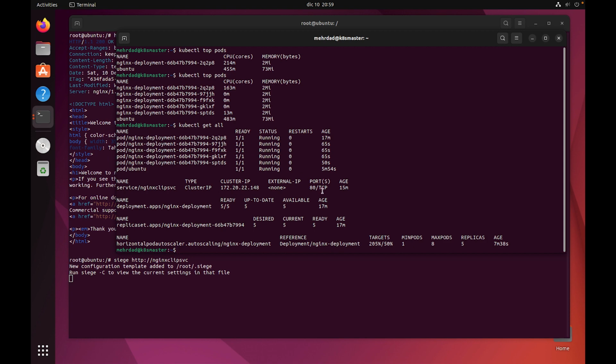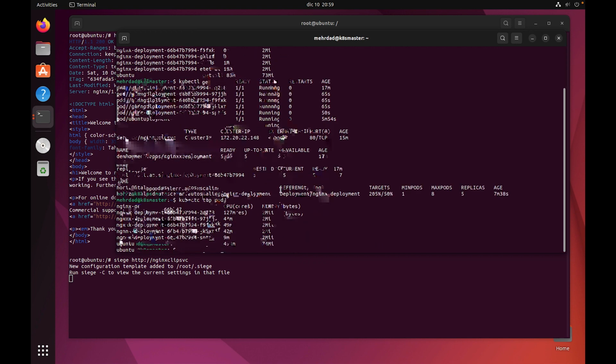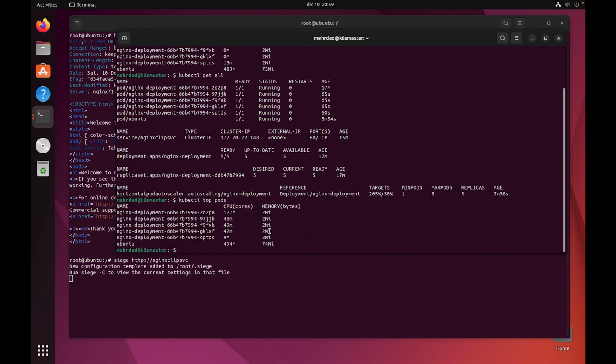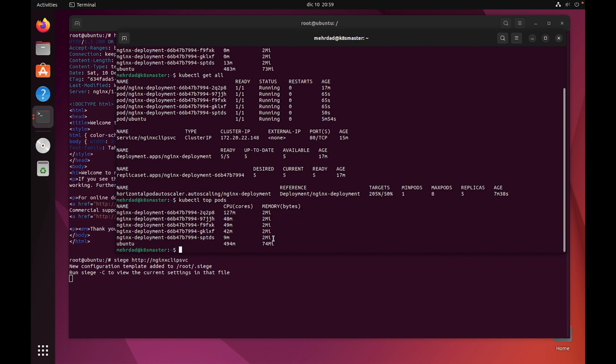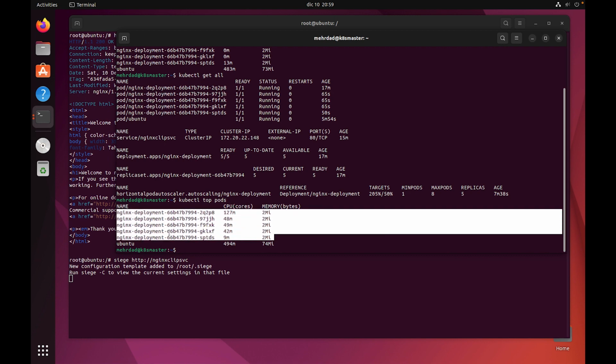Okay, they are ready now, and soon they should load balance the traffic between themselves. Okay, and as you can see, we have 5 different pods now,